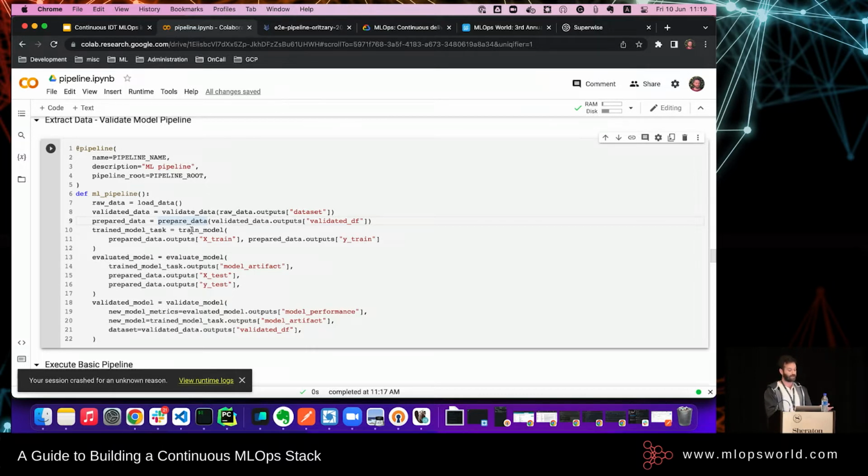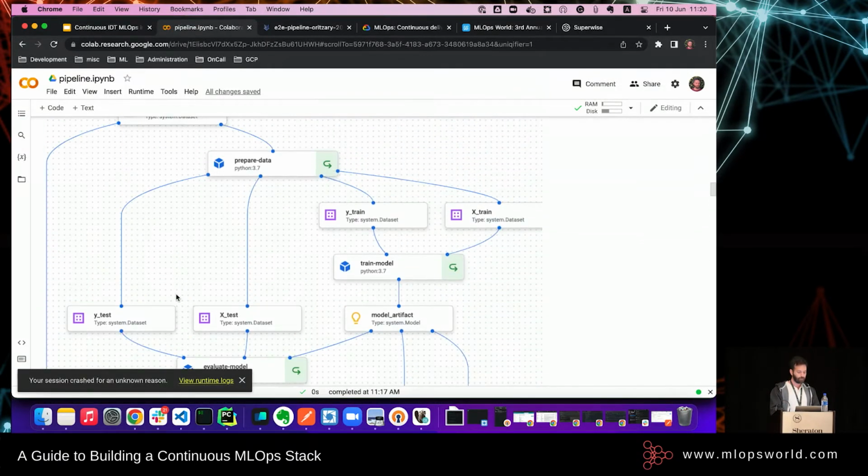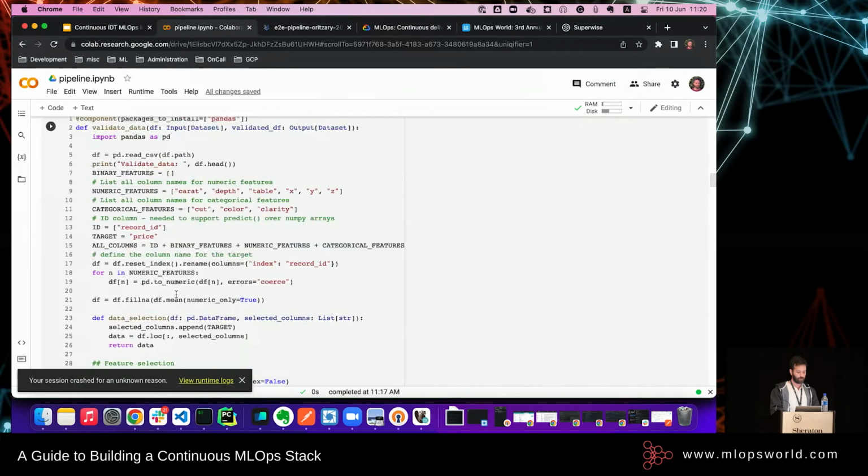So a good example would be that, if you remember, prepare data will split my data set into 4 parts: the X test and X train, Y train, and Y test. And then I have 4 different outputs, but 2 of them will need to go to train model, which is the outputs of X train and Y train, like we saw in the UI. And then for the evaluate model, we're going to send the X test and the Y test, but in addition, from the train model task, we're going to send the artifact. And I hope that makes sense. This is how I basically define the pipeline itself. And now we can go and look at each one of the steps, okay? So let me go back to load data.